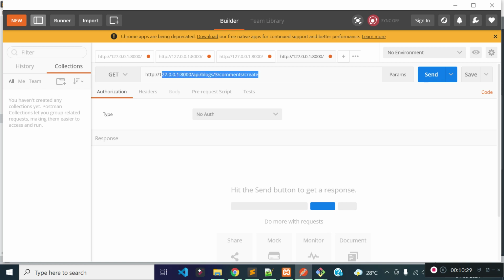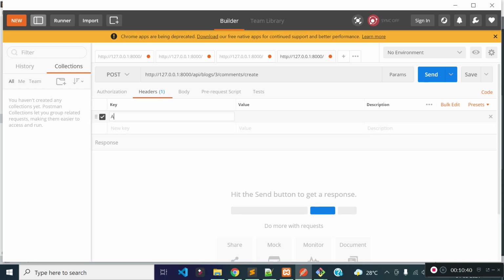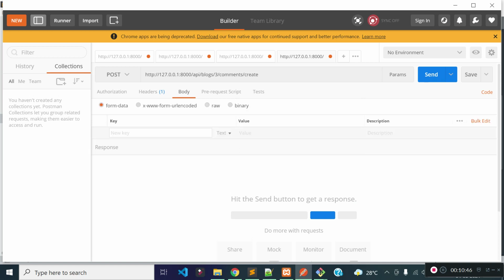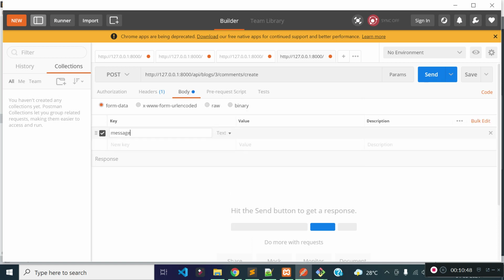This is the URL to add a comment for a blog, and this should be dynamic. The method will be POST, and in the header you need to pass the accept key with the value application/json, and in the body you need to pass message.